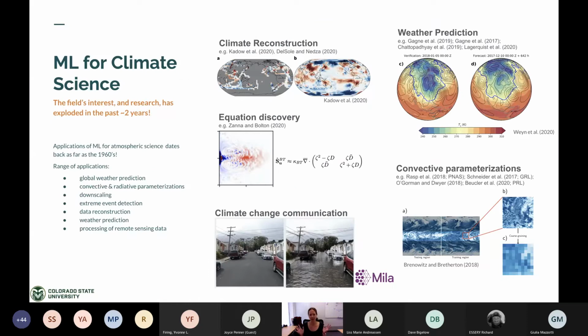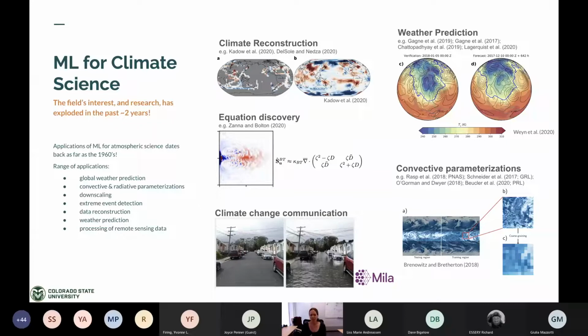So let's talk for a minute about machine learning in specifics. We're going to change a lot from the last few talks you've seen. So, talk about machine learning, but machine learning for climate science. In many ways, it might feel like machine learning has only recently appeared in climate or earth science research, but in fact it has been around in atmospheric science specifically since the 1960s. Here I have a lot of pretty pictures showing you how machine learning is being applied today in our field, and I'll go through some of them. These are some of my favorite applications.